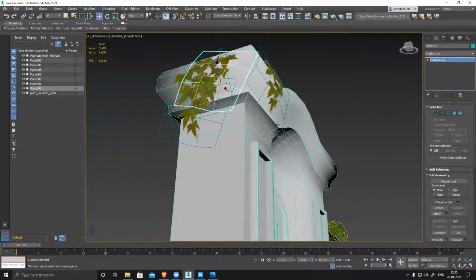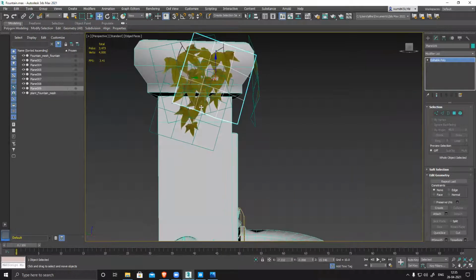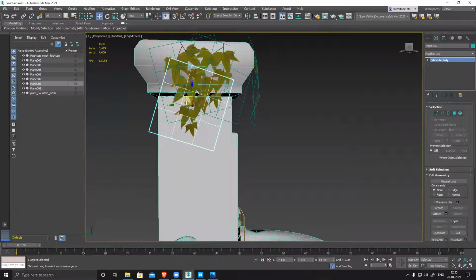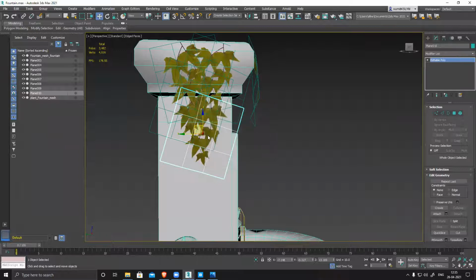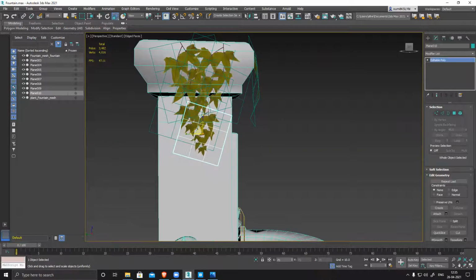You can see all the layering. And gradually reduce the size. That's how plants grow.